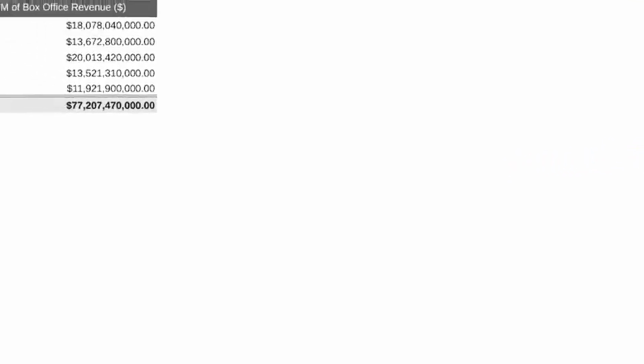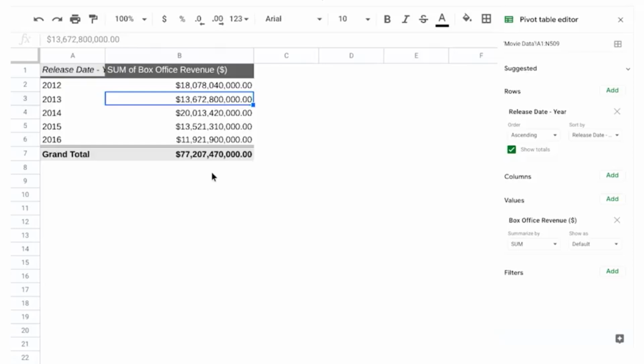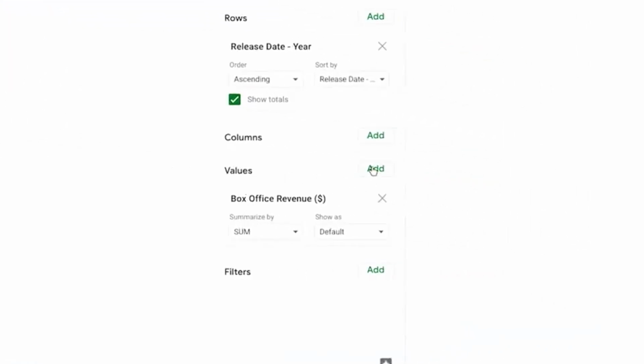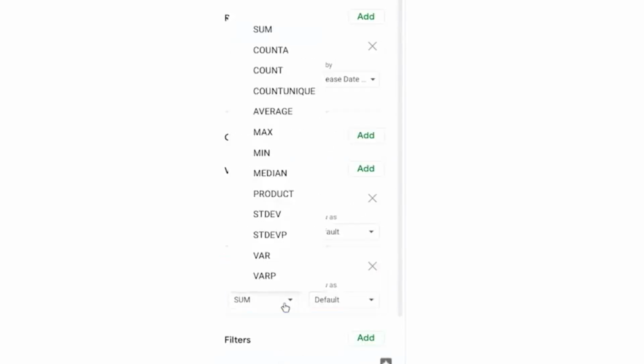Okay, let's check out what we've got here. This data shows that 2014 had the highest revenue, while 2016 had the lowest. This might be useful information, but finding the average revenue per movie would most likely be more useful, since there was a different number of movies released each year. So we'll add another column for the average revenue earned by each year's movie. We can do this in the same pivot table. We'll add another value and change the function that we use to summarize from sum to average.